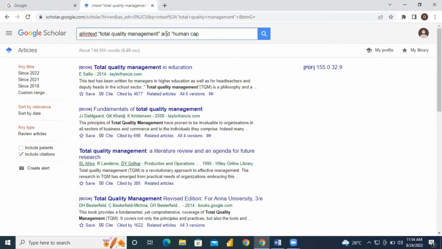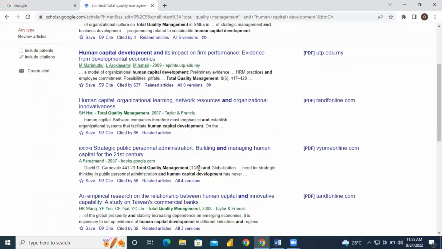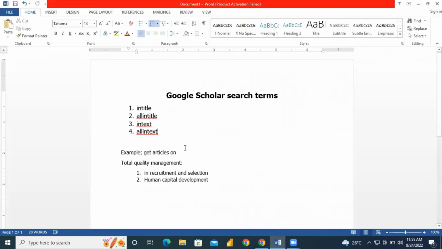human capital development. So we have total quality management, human capital development, total quality management, human capital development. So basically, you can use some of these search terms to query your search, or whenever you